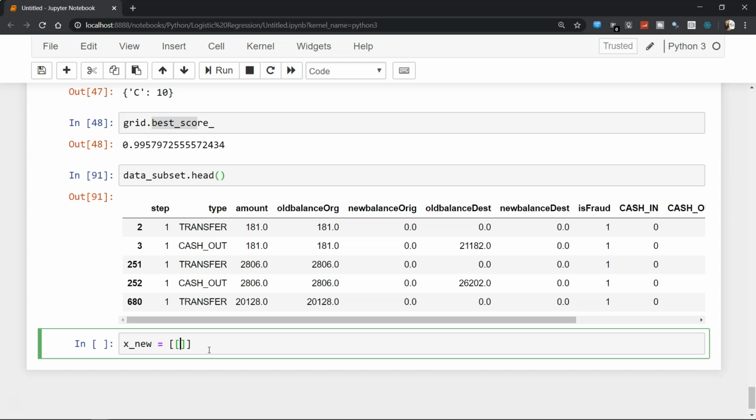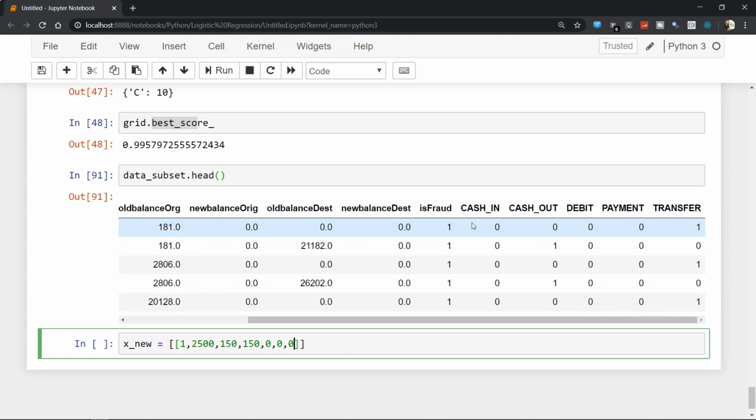Let's say we have 1, since most of the steps have 1, and then some value for amount, 2500, then some amount for old balance, maybe 150, 150 for the new balance, then 0, 0, 0 for these three columns, and finally four more zeros, then 1, as we are specifying the transfer should be 1.